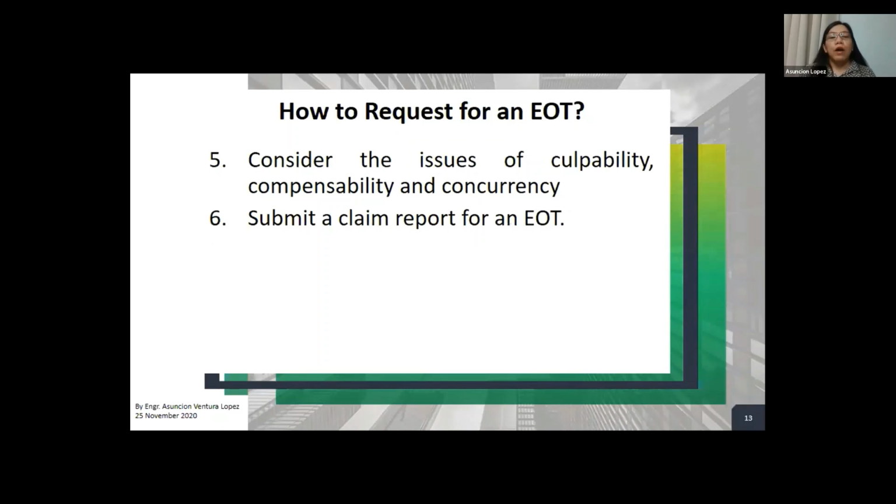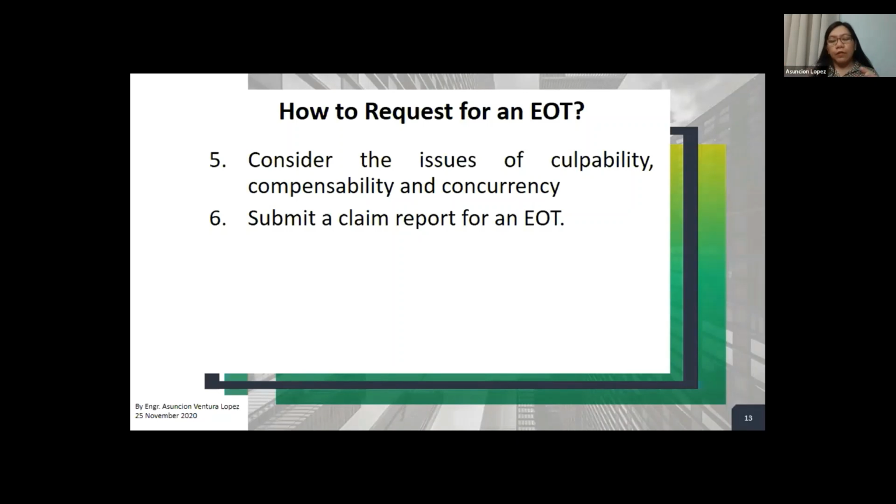Next, you also have to consider the issues of what? I'm sure this is very common to you also. Culpability, compensability, and concurrency. What is concurrency? I'm sure most of you are familiar with this.